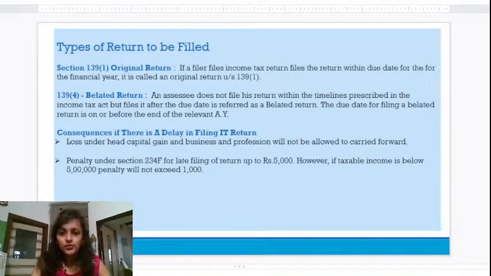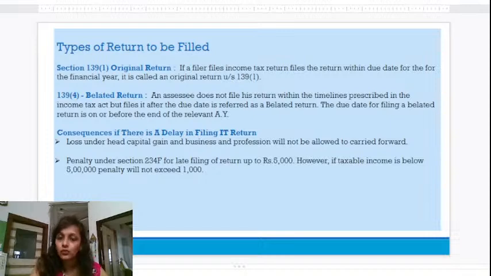If they fail to do so, they may still file the belated return for any prior years at any time until the expiry of 1 year that started from the end of an applicable year of assessment or before the conclusion of assessment, whichever happens earlier. But the taxpayer might be charged with the penalty of 5,000 rupees under section 271(f) in case the return is submitted after the pertinent assessment year.